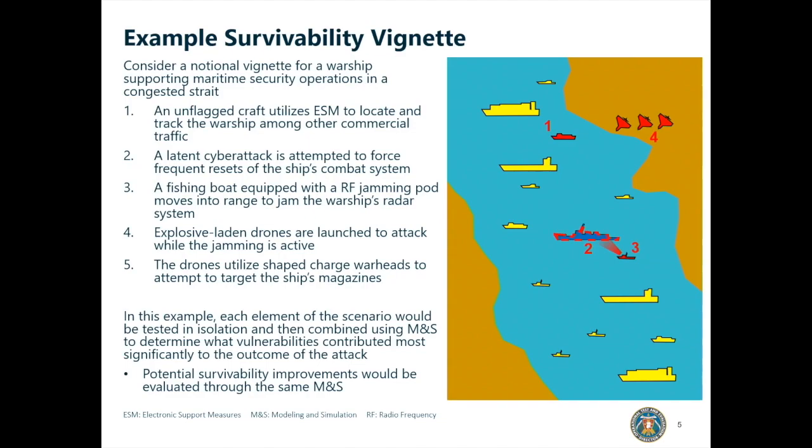Now that they know where the target is, they know that it's relatively defenseless, now's the time to press the attack. And those drones move in, specifically targeting the magazines up front on that combatant. Because those drones have shaped charge warheads, and the bad guys know that their best chance of sinking that ship is to put a shaped charge through one of the missiles in that magazine. So that combination of attacks and considerations is how a relatively unsophisticated enemy could get to a pretty significant chance of defeating that combatant despite all of that combatant's